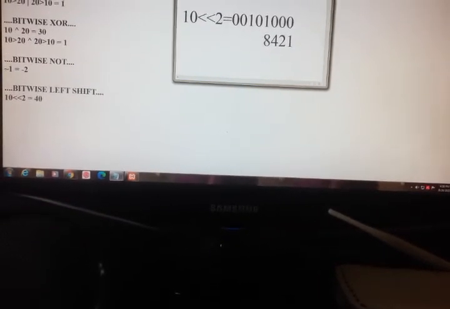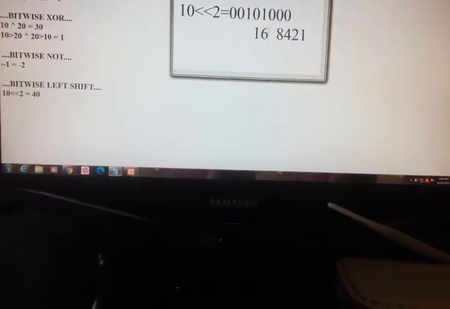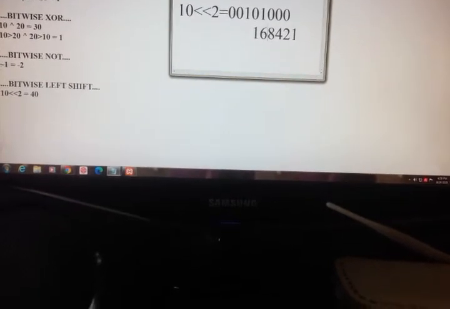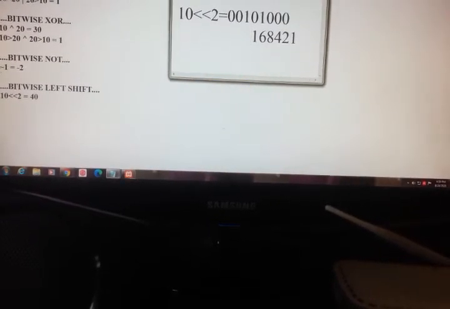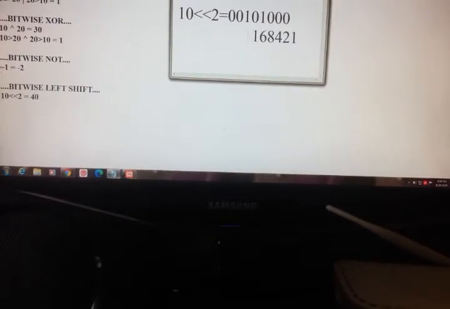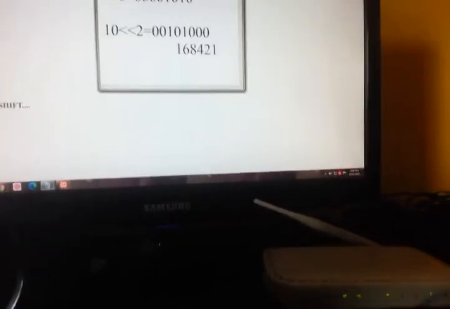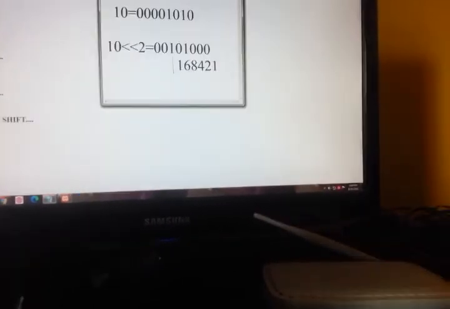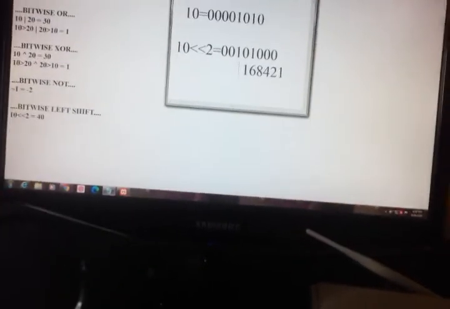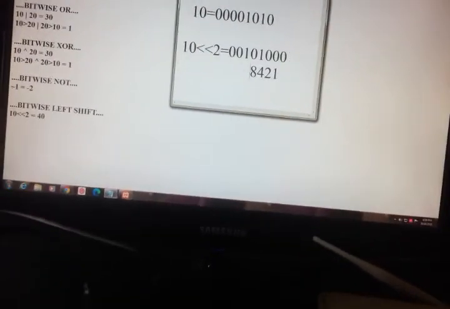And this is 2 power 4, that is 16. And this 0 is nothing. 2 power 5 is 32.